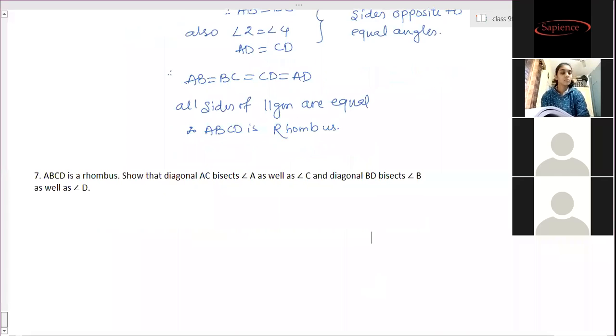You need to know, for a rhombus, what I need to exactly prove. I need to prove it is a parallelogram. That means what I need to show: opposite sides equal, all sides equal, or all angles 90 degrees. That's what exactly I need to do in proving it is a rectangle, or proving it is a rhombus, or proving a square. Think of that and work accordingly.